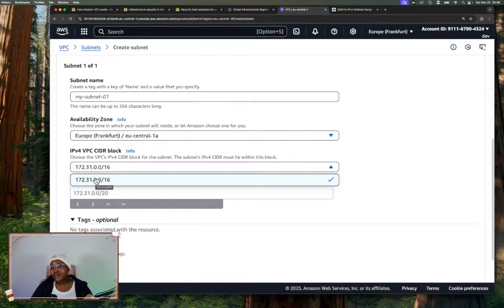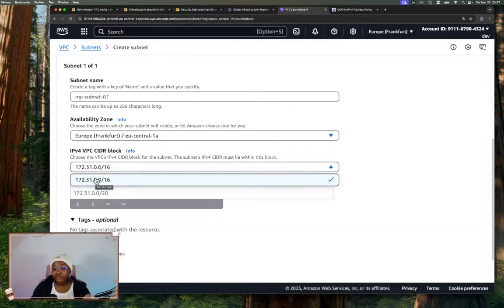If I use the same CIDR block as my VPC, do you know what that means? I'm assigning all the IP addresses I have in this VPC to this subnet. That means I can't create another subnet because I finished all the IP addresses. It's as if I have more IP addresses somewhere. But that's how you have to know what you are assigning for each subnet. You need to, okay, in this subnet, I want to deploy 3 databases, this, that, and then you say, okay, I need this amount of IP addresses. Of course, you give space, you allow more, and then you just go for the smallest that you can